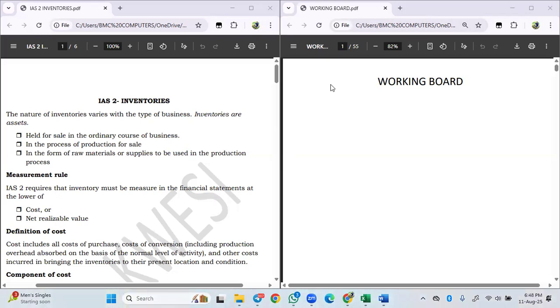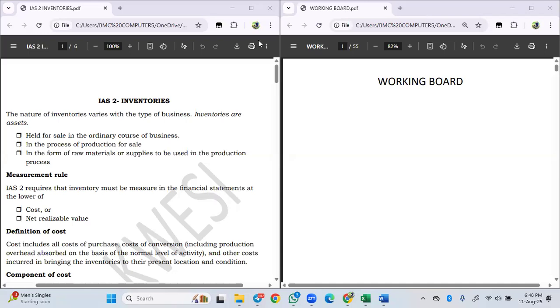So as you all know, we've heard of inventories before and we know what the definition is, so I think we will not waste much time there. We are saying that inventories are assets, because when you look at the statement of financial position, you see inventories under current assets. So inventories are assets